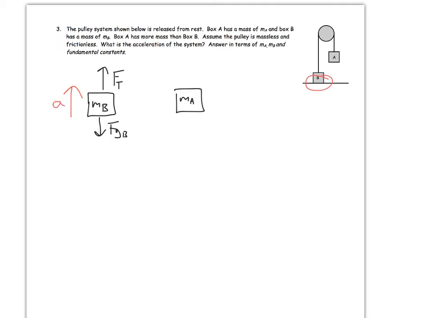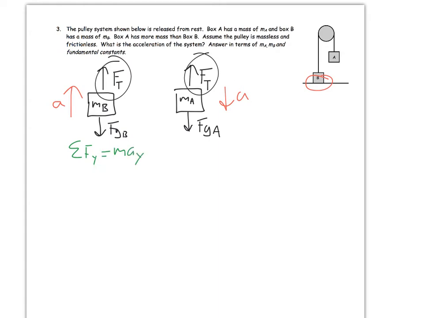It's going to start accelerating up, so we're just going to have tension and the force of gravity acting on B. On box A, we're going to have the force of gravity on A, and we're also going to have that tension there, all right? Same tension in both situations, and box A is going to be accelerating down. We're going to go ahead and set up the sum of the forces in the y direction on each of these objects. So on box B, I'm going to have Ft minus Fgb equals mb, mass of box B, times